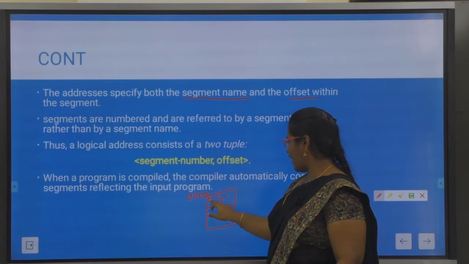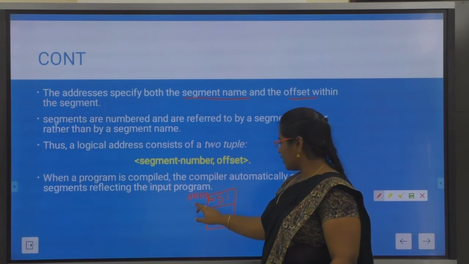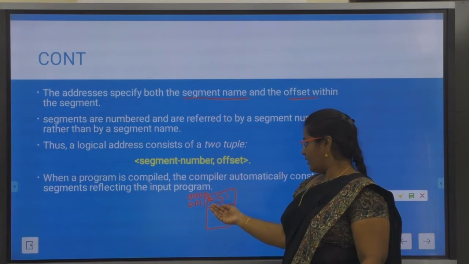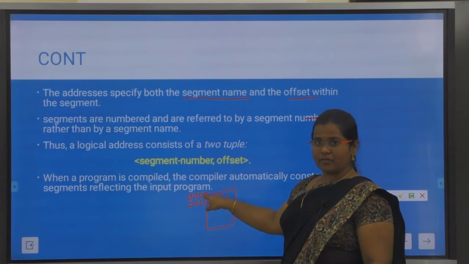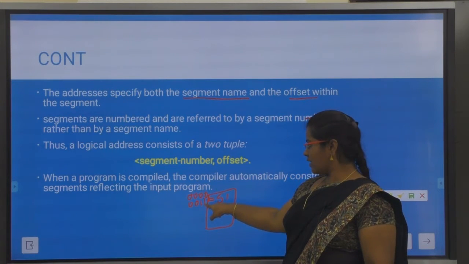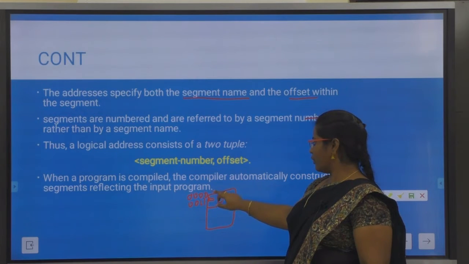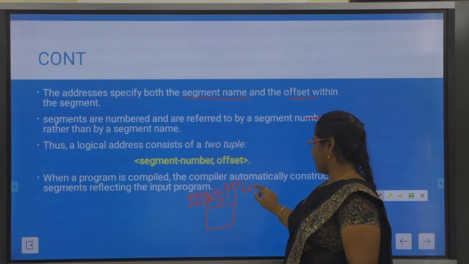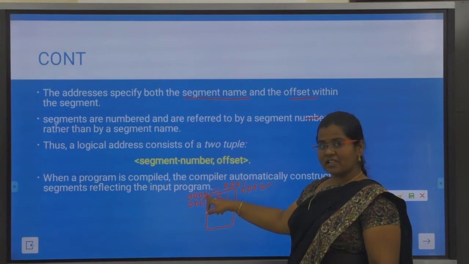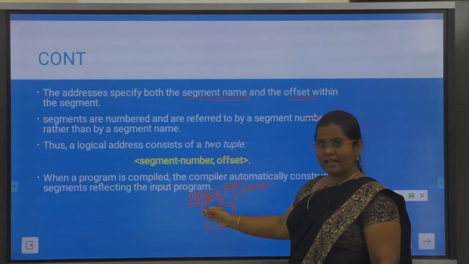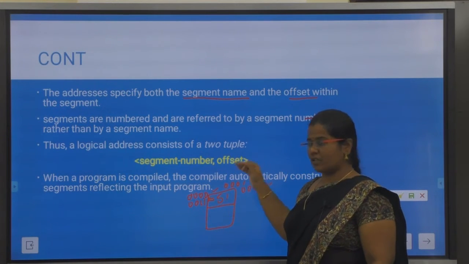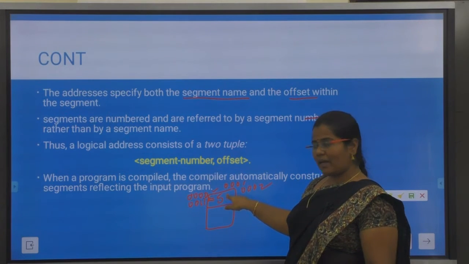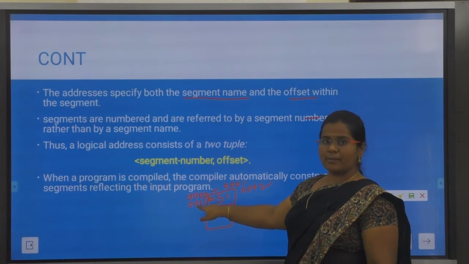Somewhere here I have an instruction. The address of this instruction is 0011, say for example. This is the 12th address from the starting 0. After 000 you will have an address like 0001, 0002. Like this your physical addresses, your address locations, will be arranged in your main memory. Now I want to execute an instruction present in segment 1, which is at the address 0011.